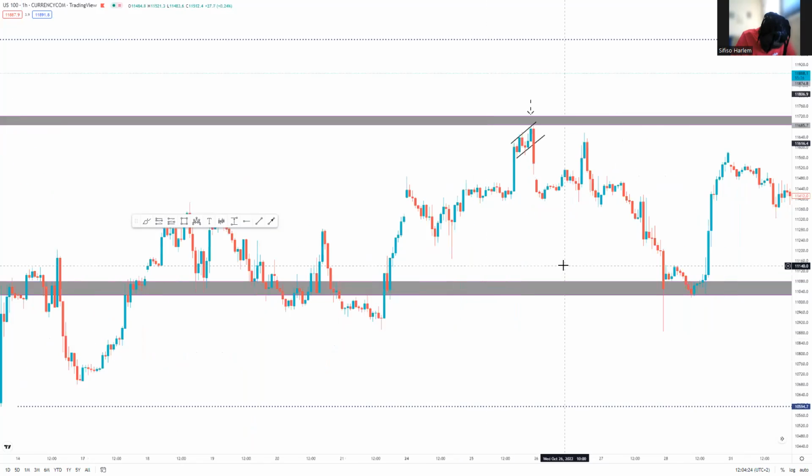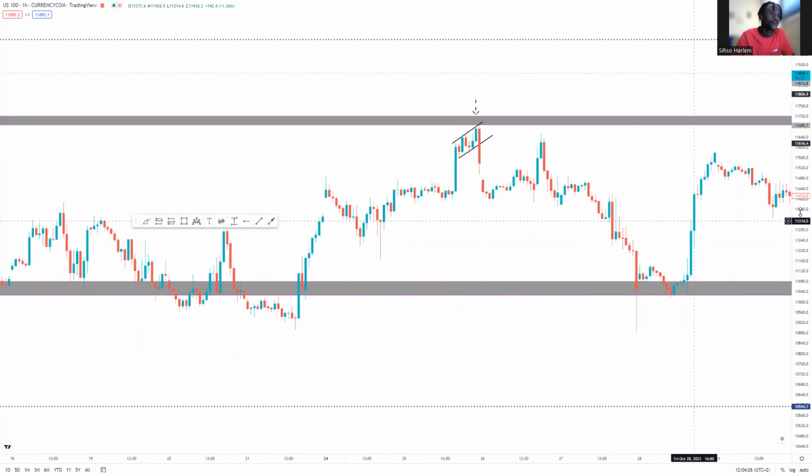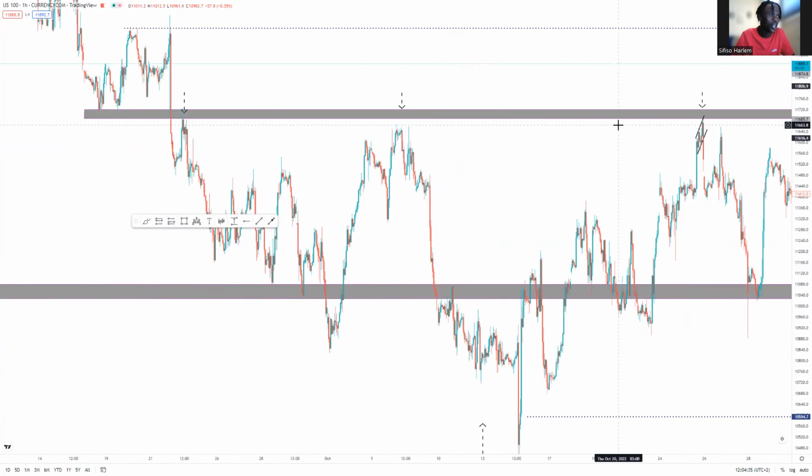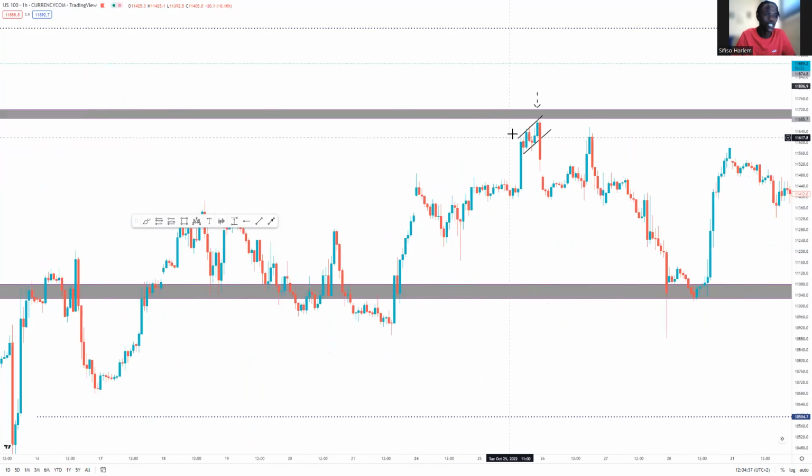We have a wedge on our resistance. Now price doing what? Pushing to the upside, showing signs that we are losing that momentum, and at the same time we are in what? We are in our resistance, understand? So it was enough for me to just be comfortable to take that trade, and price continued to the downside,